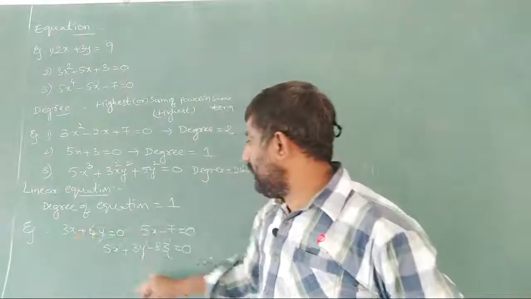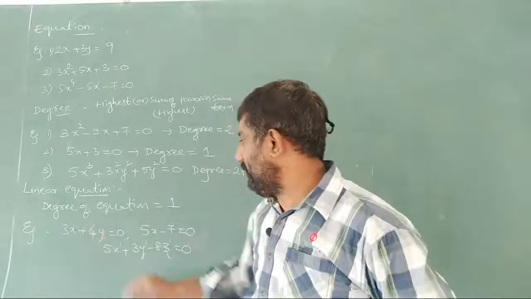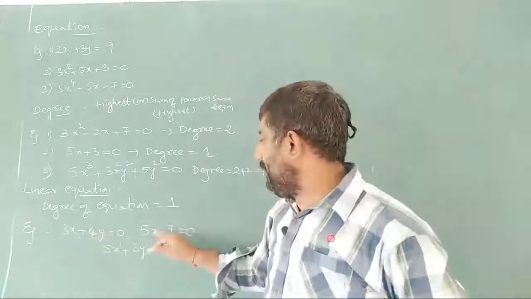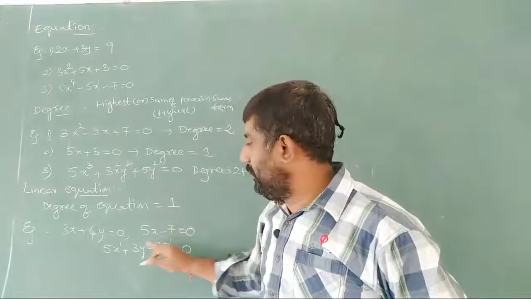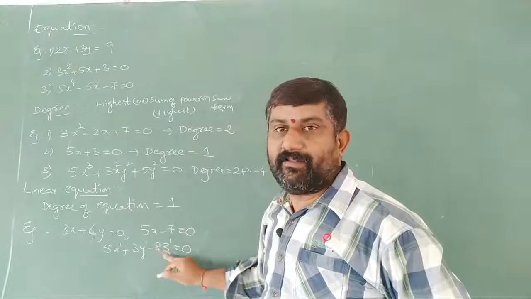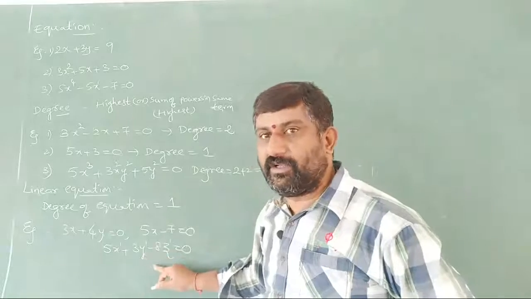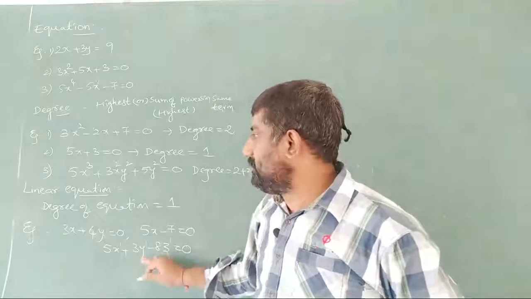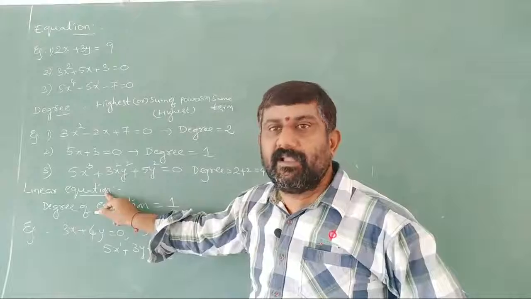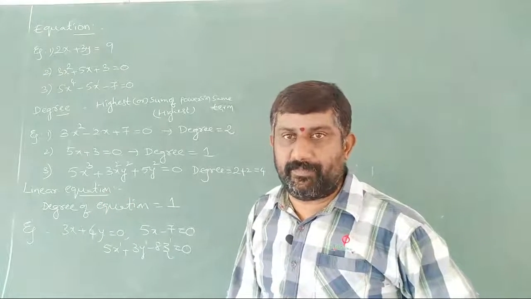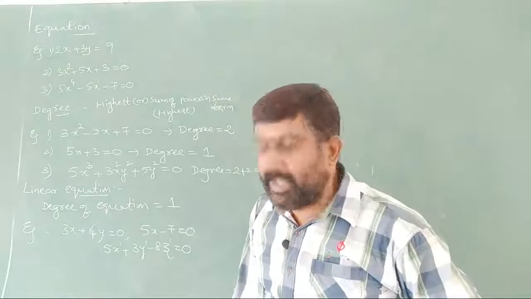So in all of these, x power 1, y power 1, the degree is 1, and for x power 1, y power 1, z power 1, the degree of this equation is also 1. So such equations are called linear equations. Next, coming to